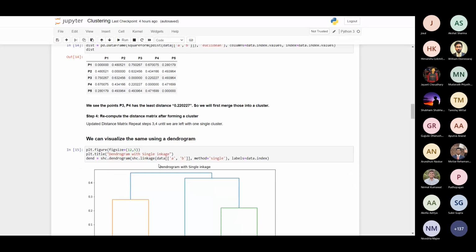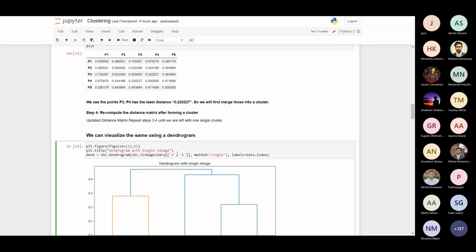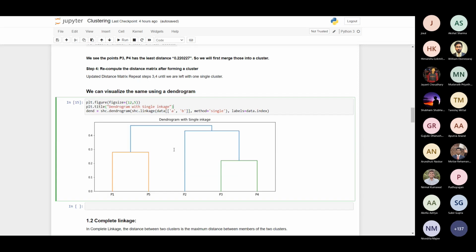So we will plot the dendrogram to see which points are making clusters with other points. Here we have seen that P1 and P5 create one cluster and P3 and P4 create one cluster. After that this cluster will merge with the P2 point, and after that this point will merge with this point.